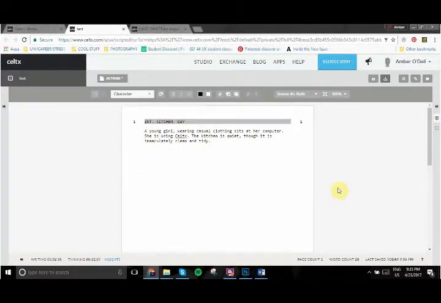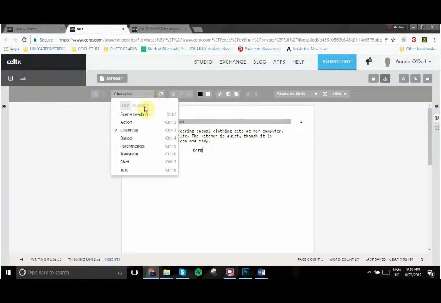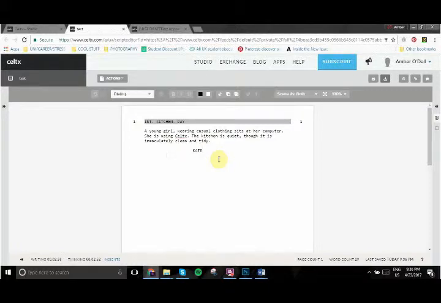and see, have a character. So we're going to have her speak some dialogue, though she's the only character in the scene. We can just have her talking to herself. So let's have the girl, and we can name her. So when you have scene heading and you press enter, it will typically go straight to action. But for example, if you go from action to here, it will still continue the action. So for things such as character, you need to manually select it, but when you go from character, it will go to dialogue. So let's just have her say something like,